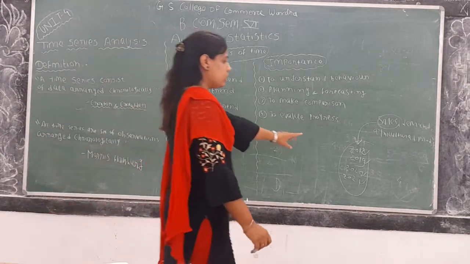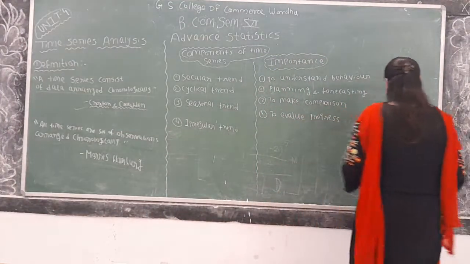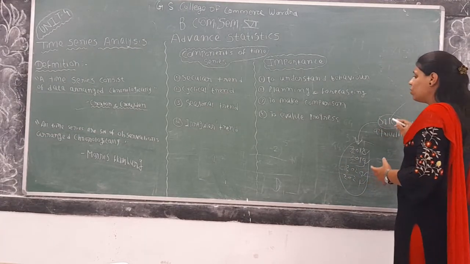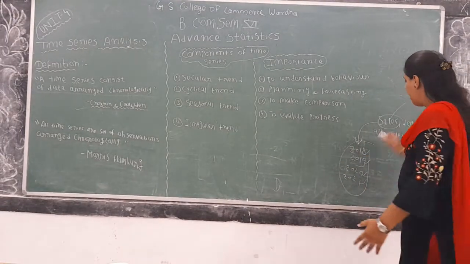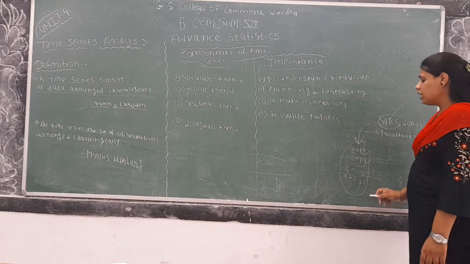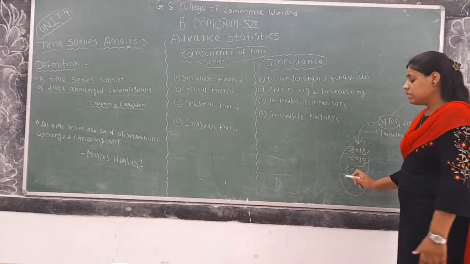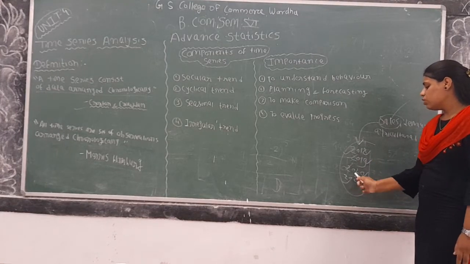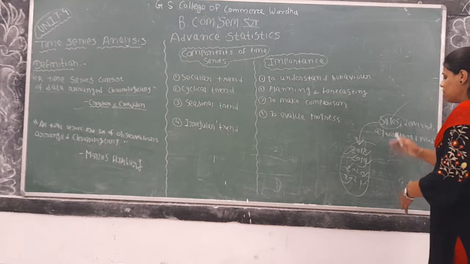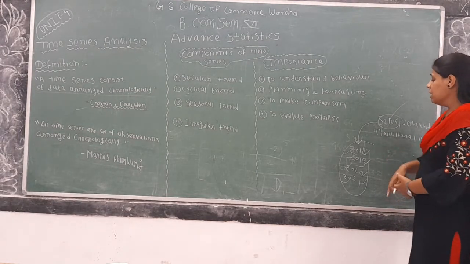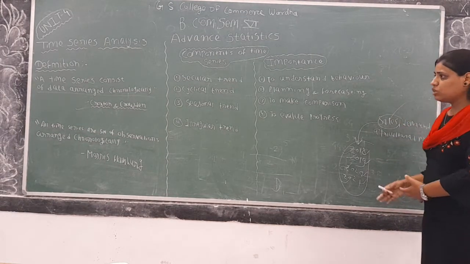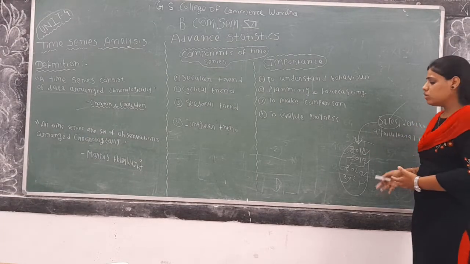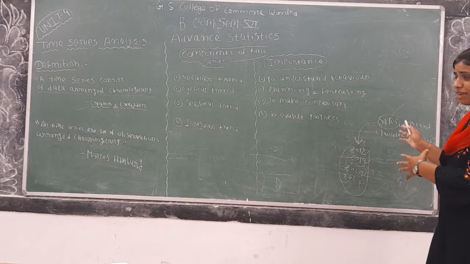If I am going to understand this definition with the help of this example, here sales is an element relating to which we are collecting data, and this data has been arranged chronologically, like sales for 2018, sales for 2019, sales for 2020 and sales for 2021. So this way this data has been arranged chronologically. Data regarding the sales has been arranged chronologically, for deriving the conclusion, for finding out the trend. So this data set will be called as time series.